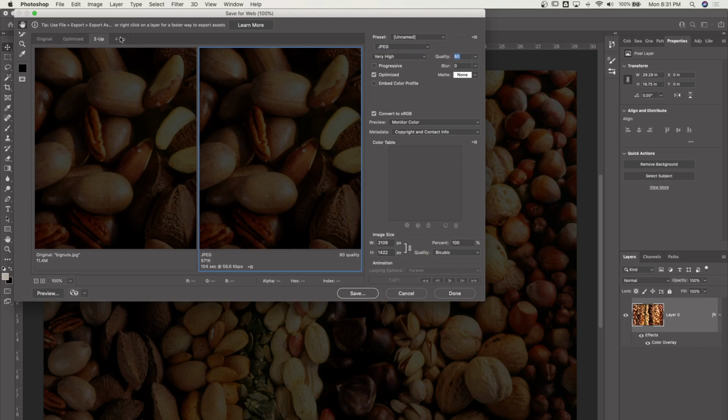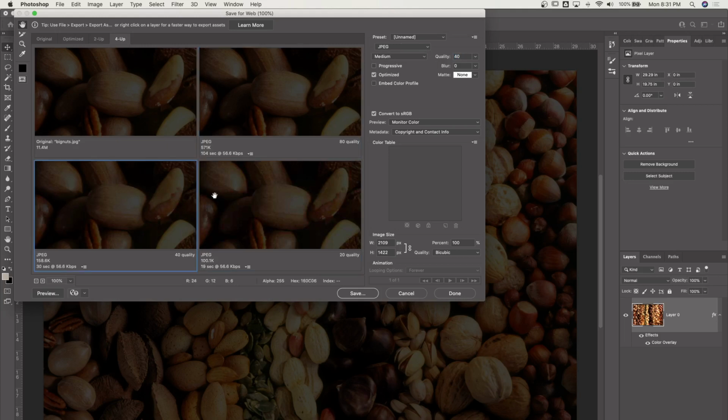You can do 4-up and try out different options. So like in this square, I could do a PNG 24. It's going to be really big, I think. What do you think? Thinking. So PNGs are based on size. JPEGs really do great with large images that have a lot of similar colors. So much bigger, 2.6. So when you hit save, it's going to save the version that has the blue box around it. So let's save our JPEG,